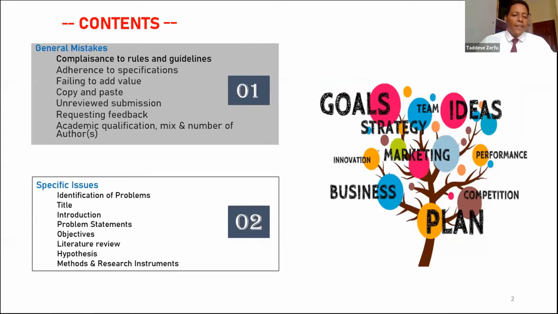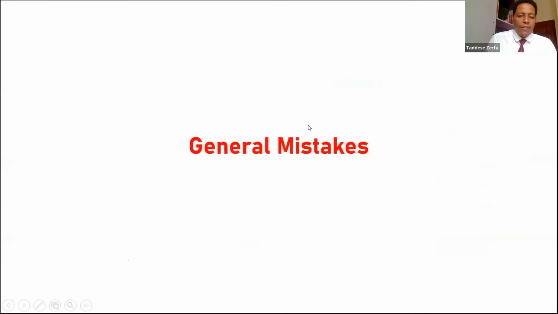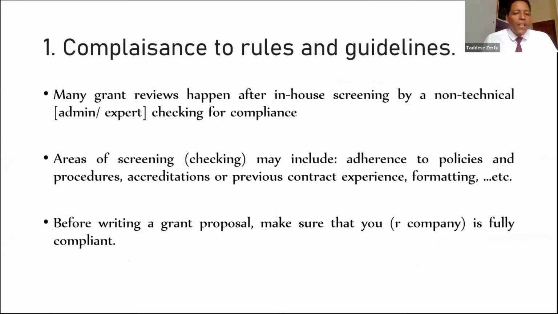So what are the specific common issues which most grant writers make, section by section of the proposal? If I start with the first, the general mistakes, the first one is compliance rules